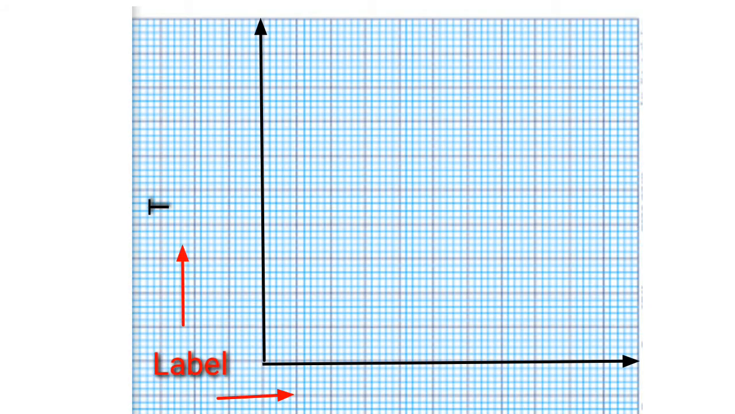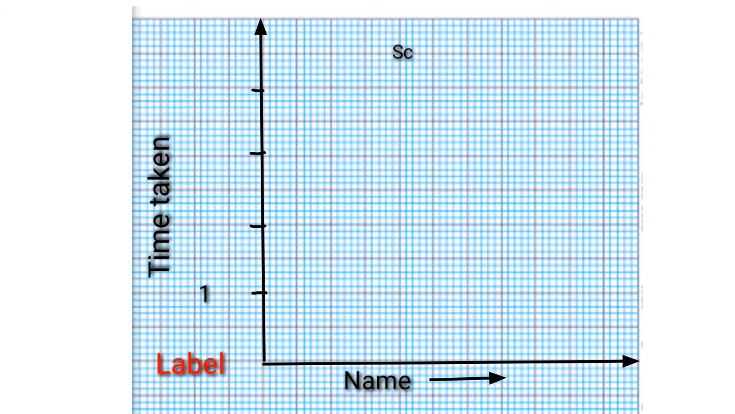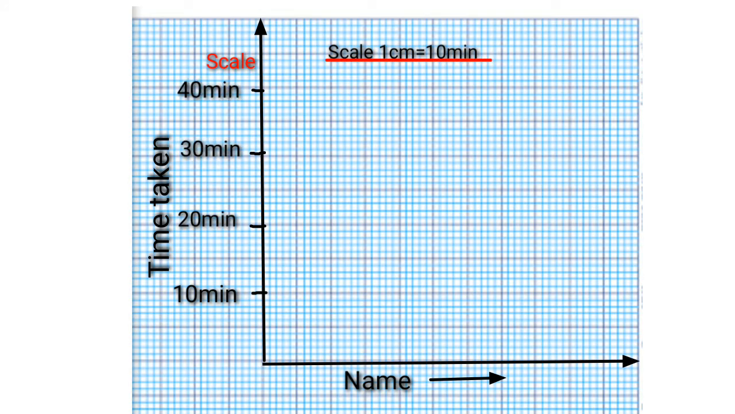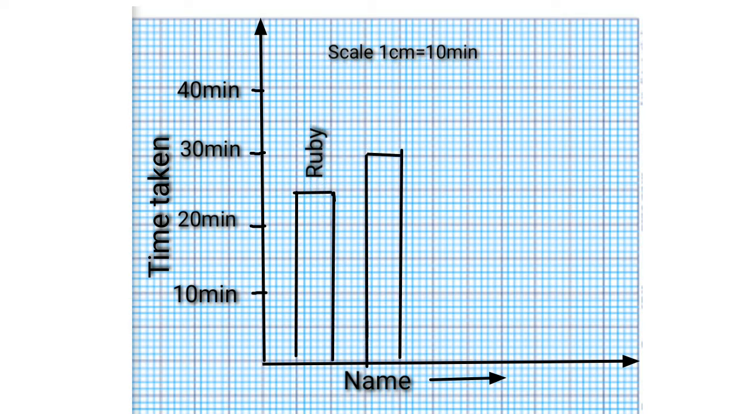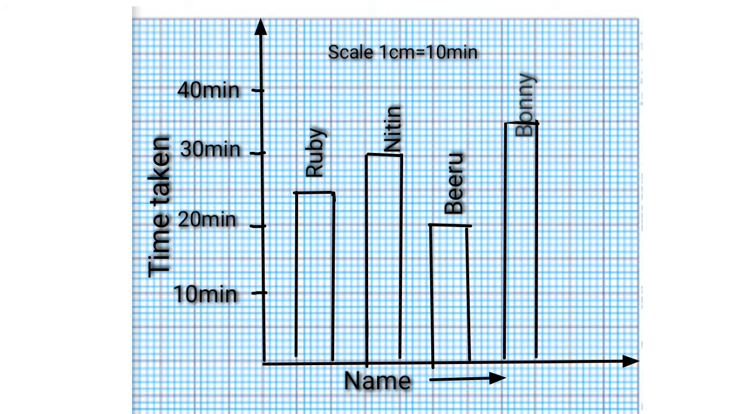So let's move to the preparation of the bar graph. Let's start. Draw the two axes, label them. Time taken on the vertical axis and the horizontal axis shows the names. Then mark the scales. Decide your scale as 1 centimeter equals 10 minutes and accordingly write on the vertical axis. Next, draw the bars according to the given data. Ruby takes 25 minutes, Nitin 30 minutes, Biru takes 20 minutes to complete the story, Boni takes 35 minutes to complete the same story. Then give a title,